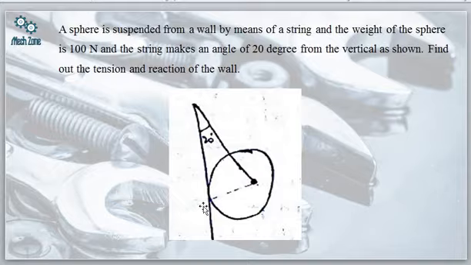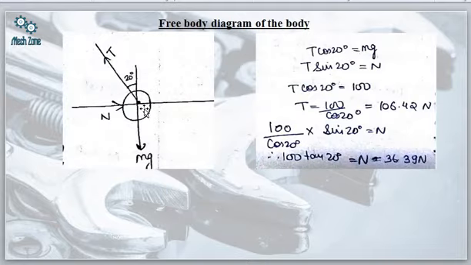Now definitely at this point of contact, the sphere and the wall, at this point we are going to have a reaction by the wall, and due to the weight there will be some tension which will be developed in this sphere, which will be developed in this string. Now let us draw the free body diagram. That means first let us discuss what are the forces which will be acting in this case. We have one tension force, then we have the weight of the sphere acting vertically downward, then we have one reaction force. So this is actually the diagram of the